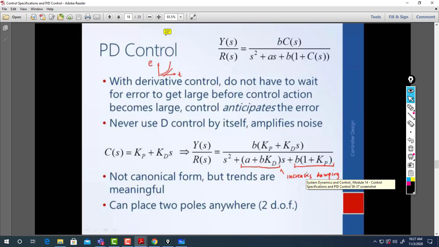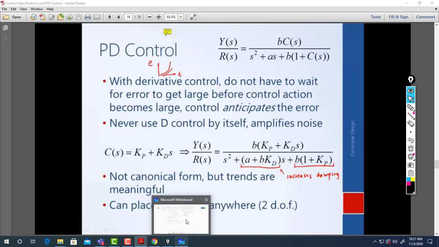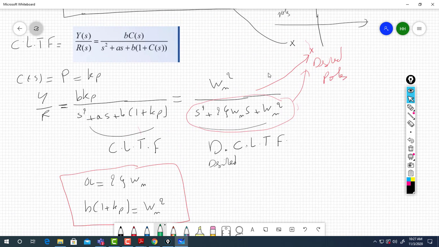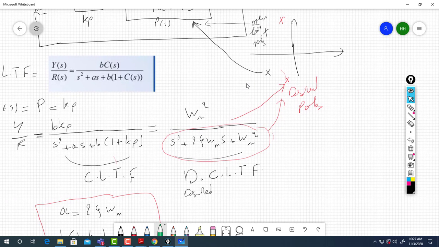So you can see you have here 2 degrees of freedom, right Karim? Here you can set omega n and zeta independently, so you can place your 2 poles anywhere. But in this scenario, you are really limited in where to place your pole,